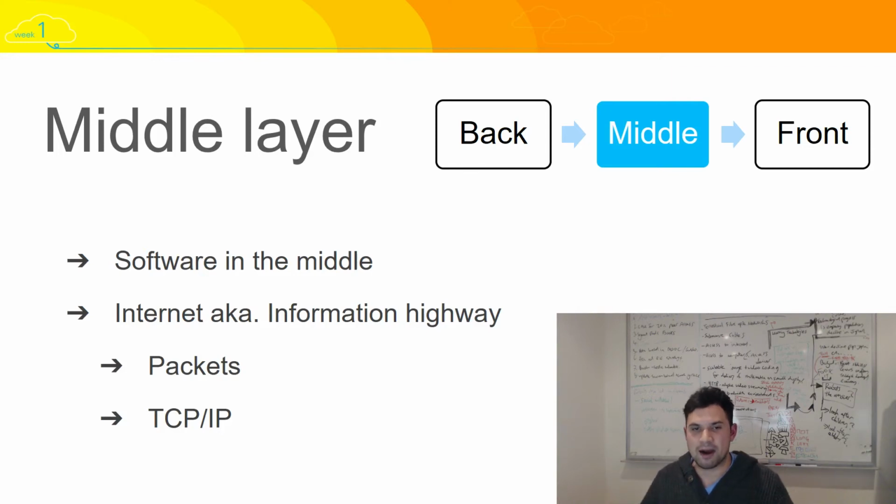So it's keeping harmony there. And this, like I said, the front end connects to the back end through the internet. This could also be known as the information highway, and pretty much any sort of exchange of information that occurs through the internet happens over what are called packets. So information is broken down into small packets and then sent through the internet.